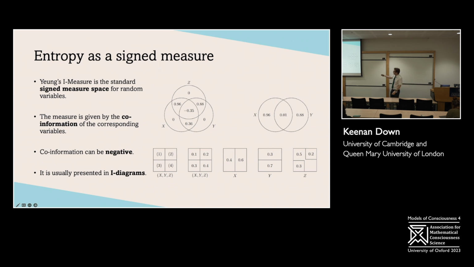And you can do the same thing with more variables, but you suddenly get this annoying problem that you get negative numbers. It's not always immediately clear how you should interpret these negative numbers, but one way you can think of them is as a kind of informational synergy. And that's something we're going to come back to. So we want to deal with this negativity problem. Because what does a negative number mean? Information that's shared between three systems. What does that mean if that's negative?